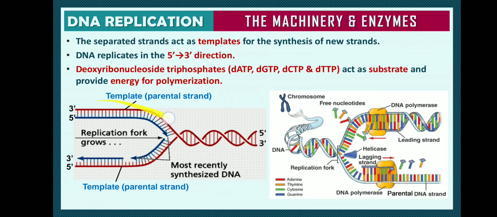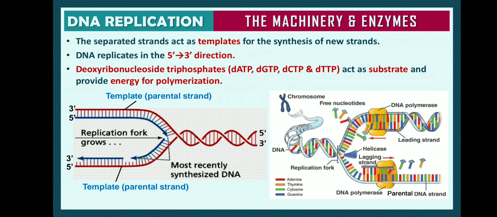One template strand moves in the 3 prime to 5 prime direction, where the new strand has 5 prime to 3 prime synthesis, which takes place continuously because DNA replication is possible in the 5 prime to 3 prime direction. Whereas on another strand, which is already in the 5 prime to 3 prime direction, 3 prime to 5 prime synthesis is required, but it is not possible because to extend a DNA strand, a free 3 prime end is always required, students. So what component is going to provide this, how is it done?